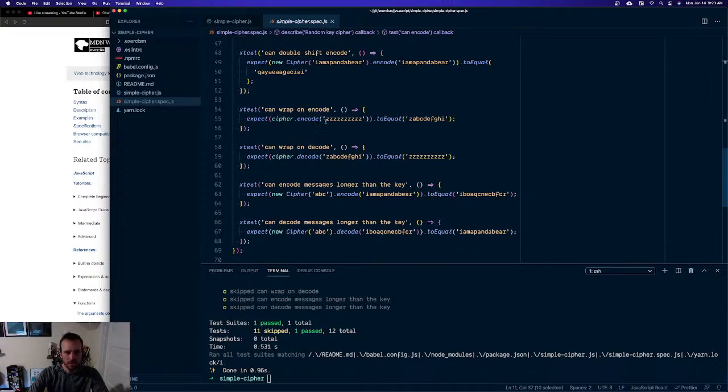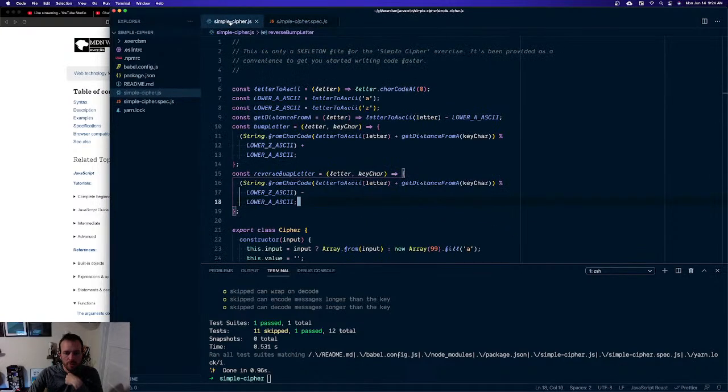I don't know if that works, but wrap on encode, wrap on decode. Can encode messages longer than the key? What if it's subtracting? It should be the same. No, if it's subtracting and it goes less than the min,